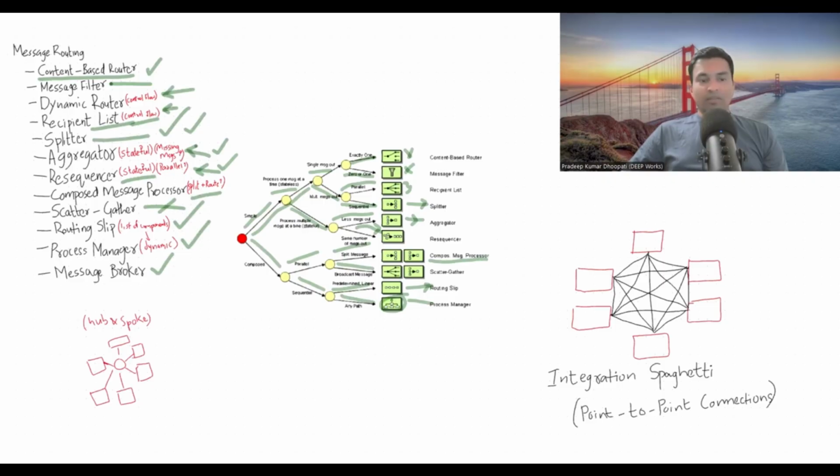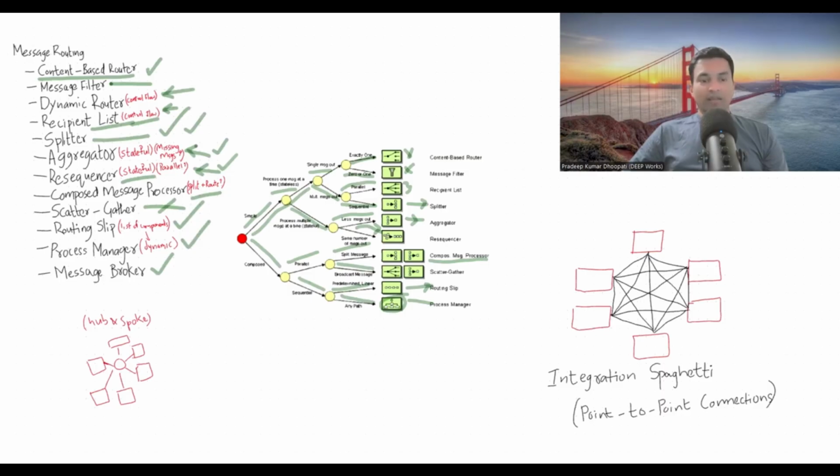A routing slip is a list of components where you will be sending the message to all those components. And process manager is similar to routing slip, but routing slip is predefined, predetermined, linear, whereas process manager is dynamic and doesn't need to